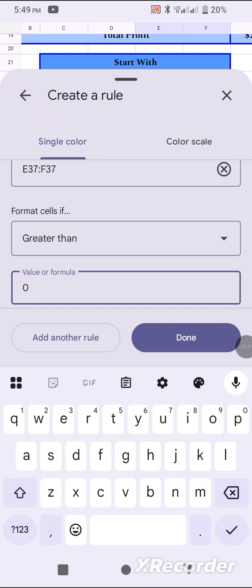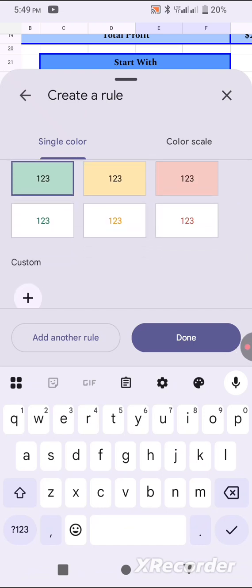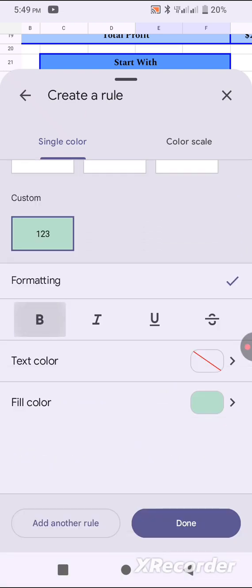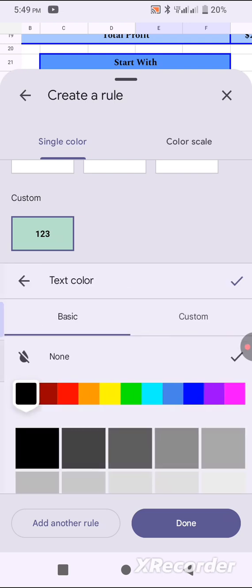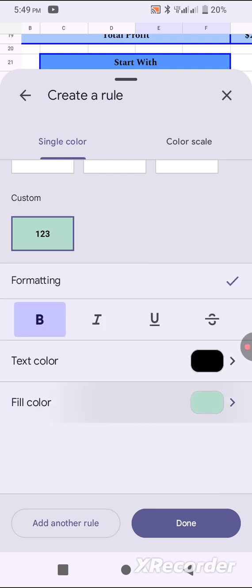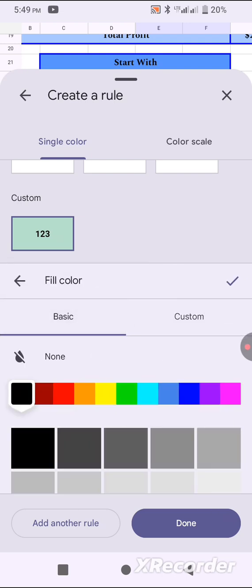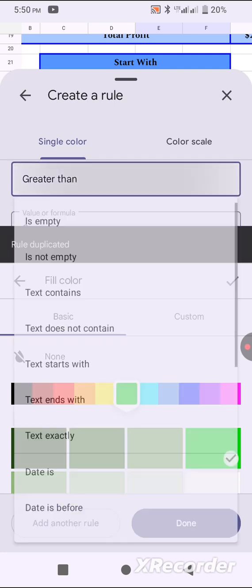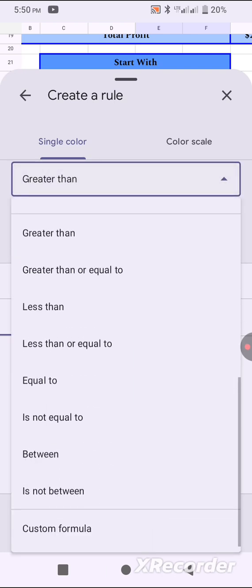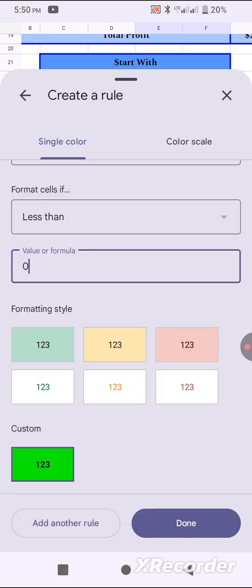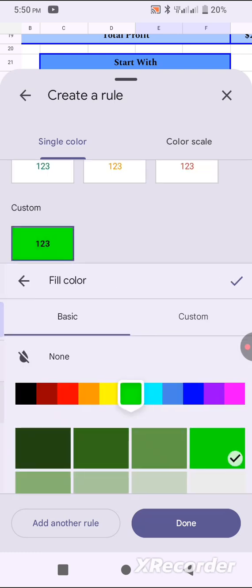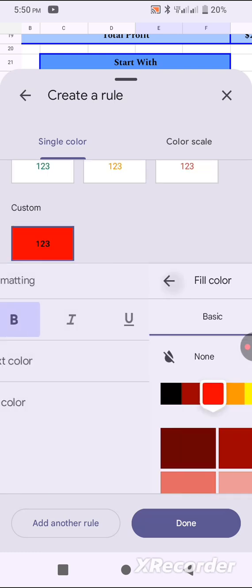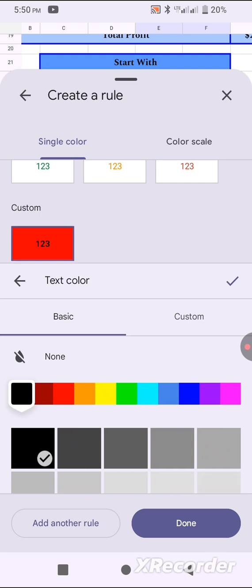So what should our color be? Bold. Text should be black. And our fill color should be in green, that is surplus. Then I'm adding a rule. The next rule is if our text there is less than 0, it means something is missing. So the text should be red background, red fill color with a white text in it, in bold. Then I'm adding another rule